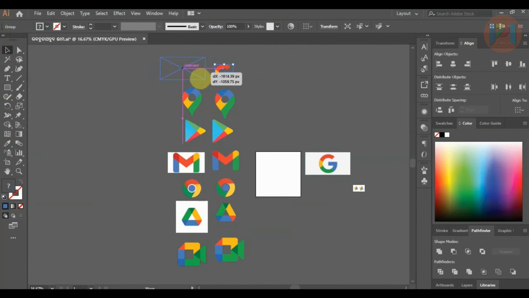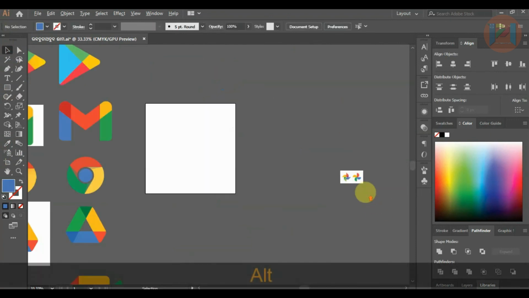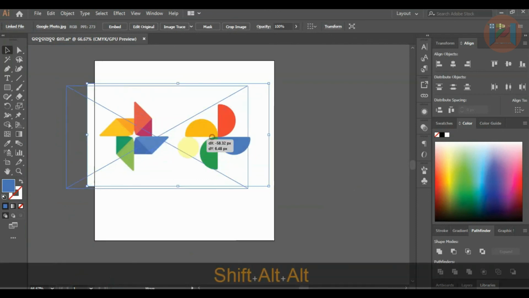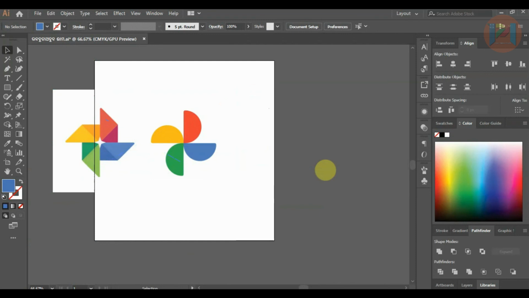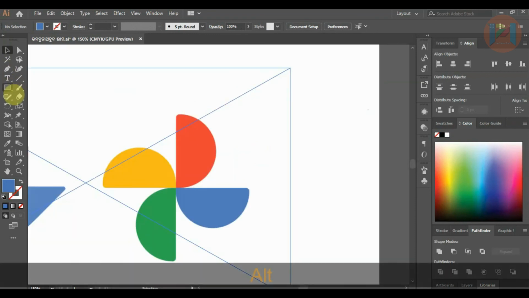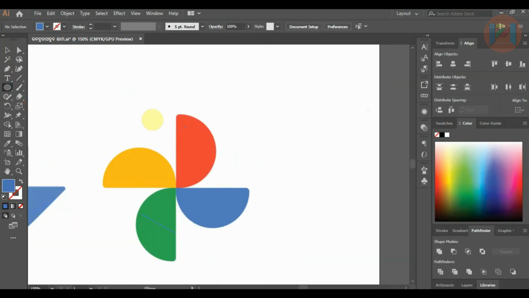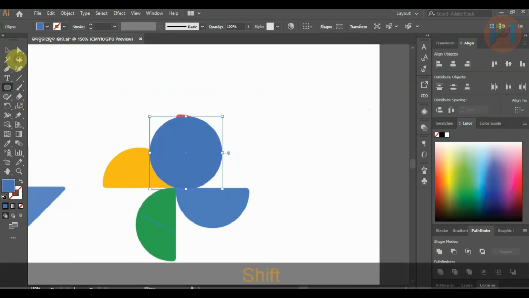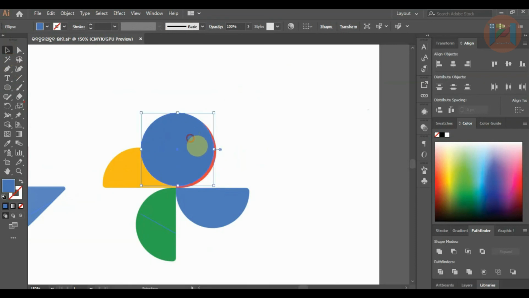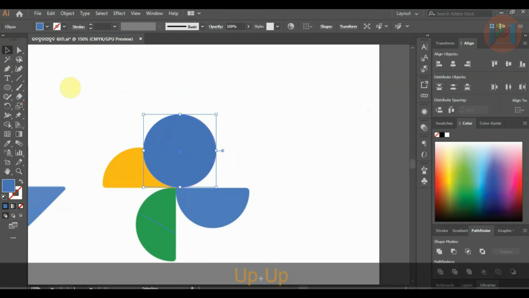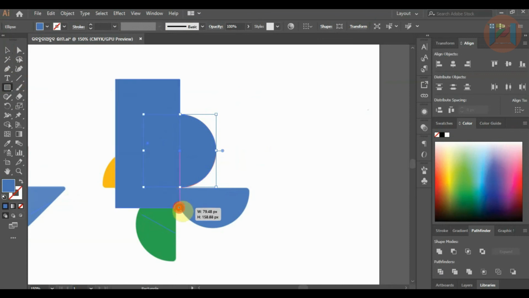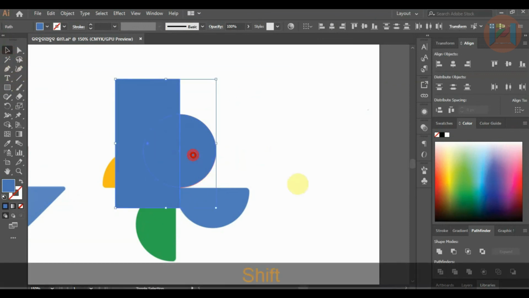And the last remaining is your Google Photos logo. There are two logos. The left one is the old one and the right one is the new one. So I'm going for the new one. Here it is very simple. I'm taking the ellipse tool, that is the circle tool, and dividing it. We're going to divide it by half using a rectangle and the Pathfinder tool. Selecting both shapes, going for minus front,